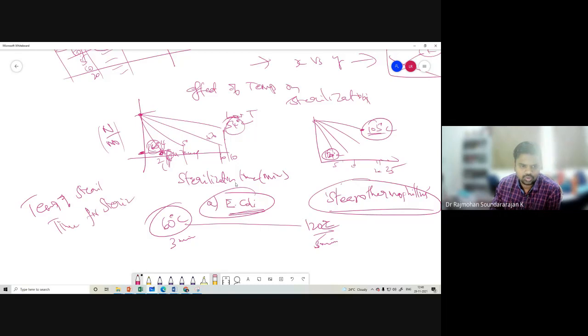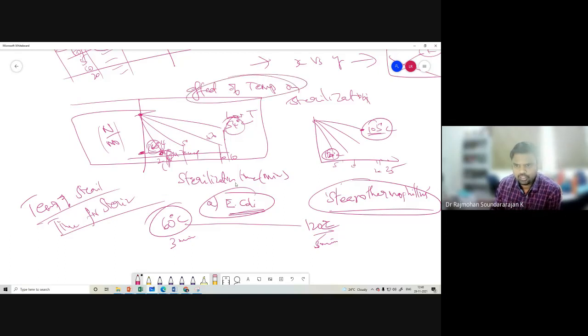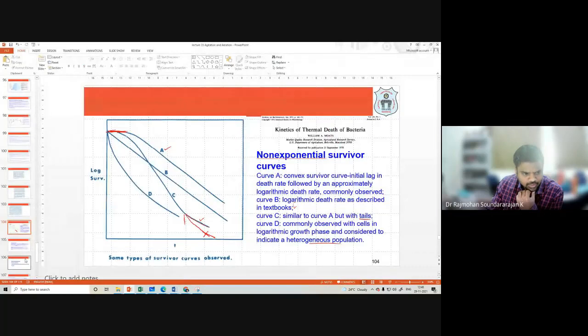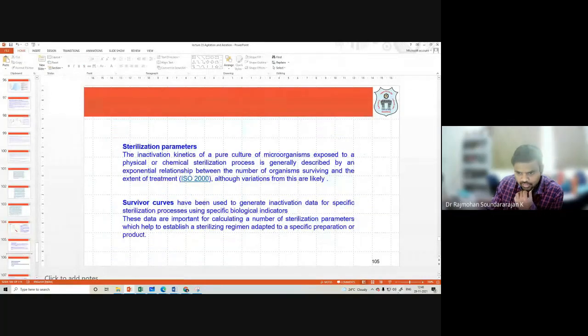Okay, so when you perform the effect of temperature study, we can choose between time versus temperature, right? So as I said, if you want to do it at a low temperature of 54 degrees Celsius, 25 minutes is required, right? Same: 60 degrees 3 minutes or 54 degrees 25 minutes, like that we can do for sterilization of E. coli in a system. Okay, now we will solve a numerical and stop here. Okay, so that's what we have seen.